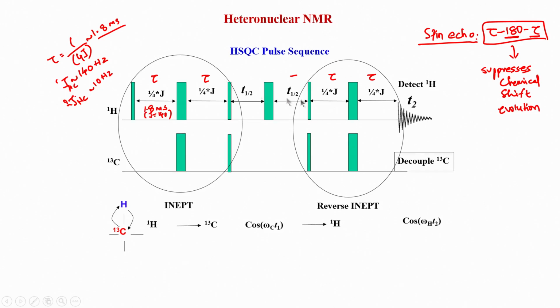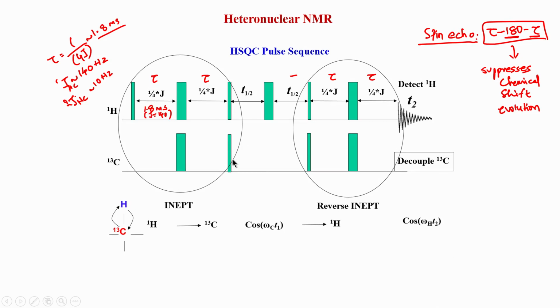So, we saw in this HSQC you have basically 3 building blocks or 3 important parts. Number 1 is called INEPT. INEPT is the part of the sequence where the magnetization, or the polarization, is transferred from hydrogen or proton to carbon. It can also be nitrogen, phosphorus, fluorine, any heteronucleus, but in biomolecules we will mainly focus on carbon and nitrogen. So, this INEPT does the important work of polarization transfer, which we saw in the previous class. Why is it very important? So, this is the first part of the sequence.